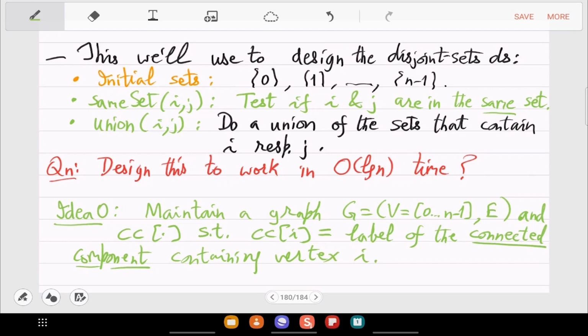So with the graph you can maintain a CC array, and then same set and union can be implemented like this.